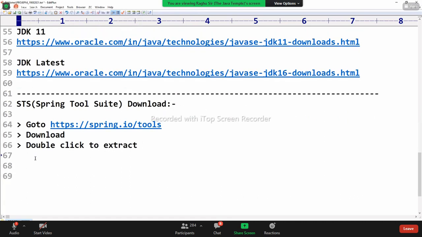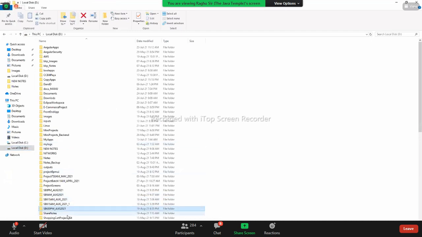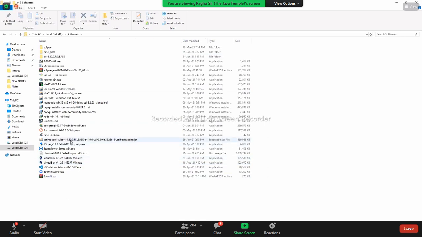Once you double click to extract here, open the folder. You may find a folder like this. You may see a file name like this. This is downloaded as a jar.